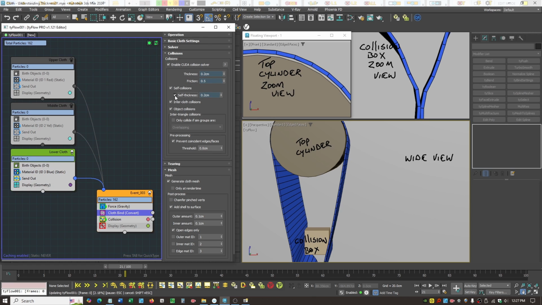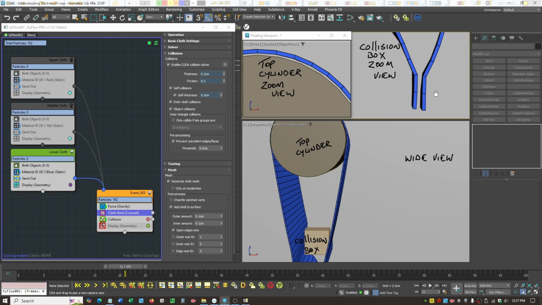If we take away the self thickness, I'm not sure what that's going to do by itself, but at this point it didn't seem to affect this outcome, but we can make a larger or adjusted self collision thickness. So if I say 0.5 here, which is much thicker than the cloth itself,